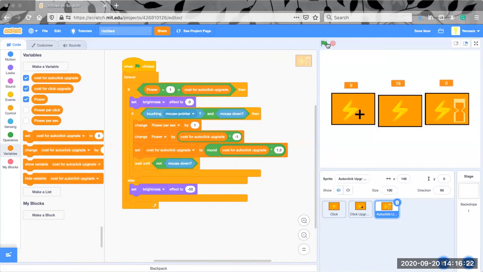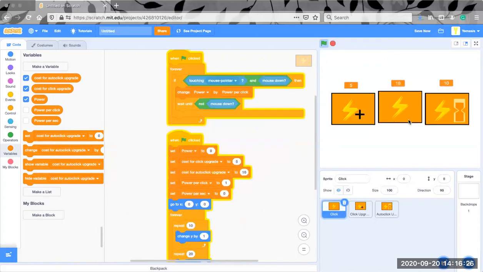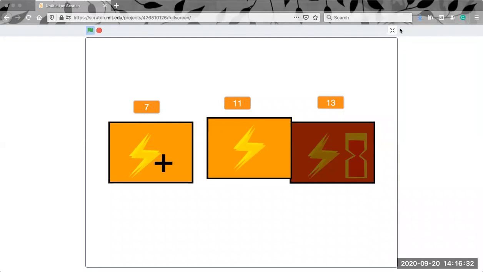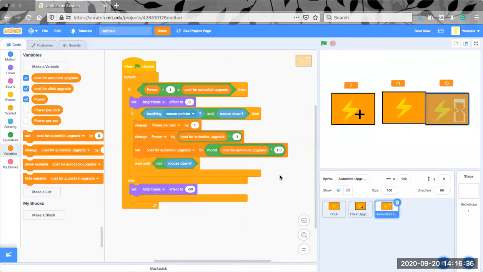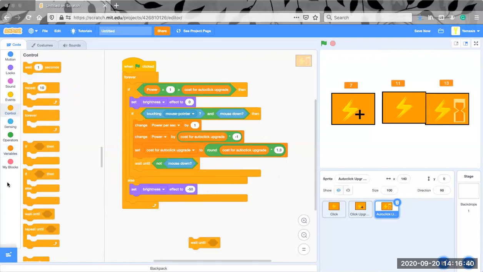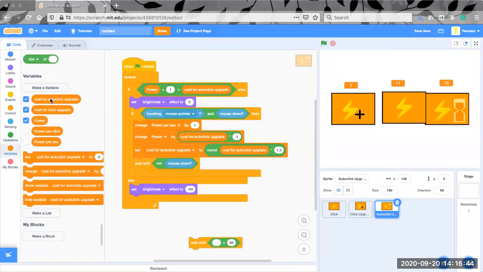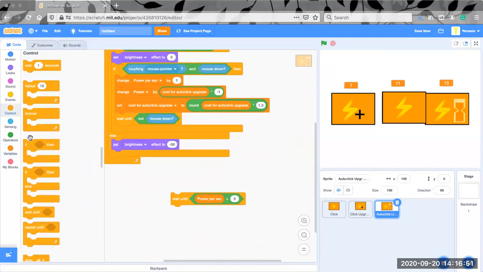And now here you are. You have your own. And after you click those things, it doesn't change the power. That's because it doesn't influence it. You're gonna grab wait until the power per second is greater than 0, and forever